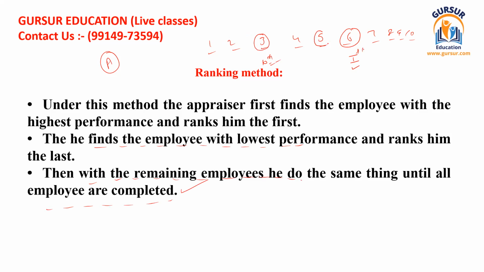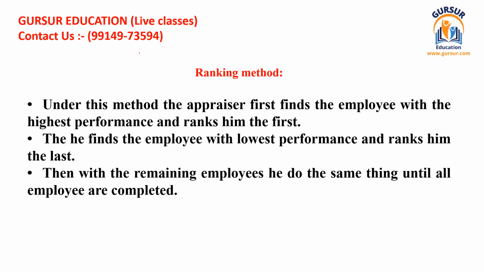Like then the fifth comes second. As per his opinion, he shall rank him second one. Then suppose the eighth comes, in his opinion the lowest performer after the third, then he shall rank him ninth. So in this way, the first person is chosen for the highest performance rank and the second at the lowest performance rank.